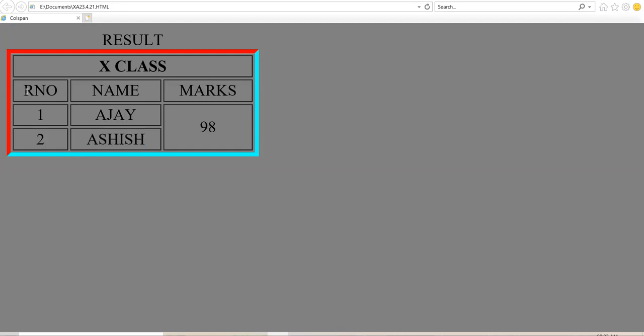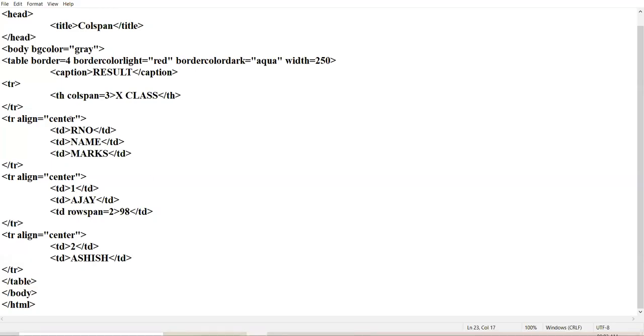Now, see this row, roll number, name, and marks. I want to give background color to this particular row. So you can give BG color equal to yellow.